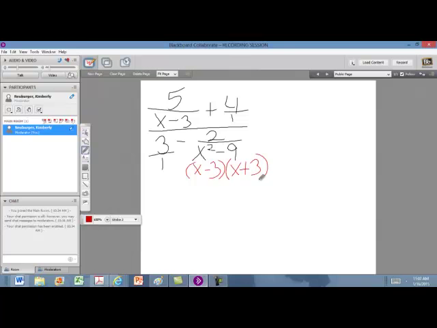So for the common denominator for the entire expression, notice that there's an x minus 3 here and here. You only need to count it once because there's only 1 in each of those. However, we also need the x plus 3. So the common denominator for the entire expression is the x minus 3 times the x plus 3. So what we're going to do is multiply the top of the fraction, which is everything up here, by x minus 3 times x plus 3. We're also going to multiply the entire denominator here by x minus 3